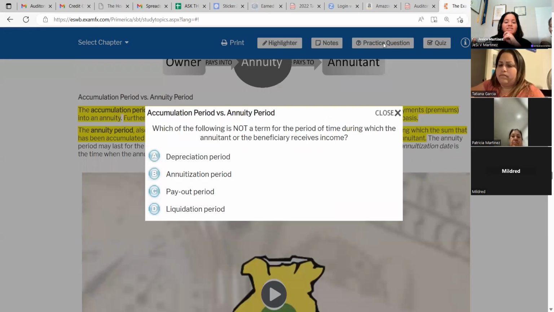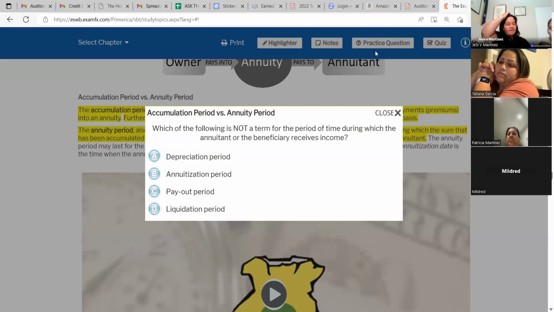Okay, which of the following is not a term for the period of time during which the annuitant or the beneficiary receives income? Depreciation period, annuitization period, payout period, or liquidation period. So think again on that triangle, right? You're going in, you're paying in. It's not a term for a period of time during which the annuitant or the beneficiary receives income. So when you're receiving the income, you're paying out, you're liquidating,